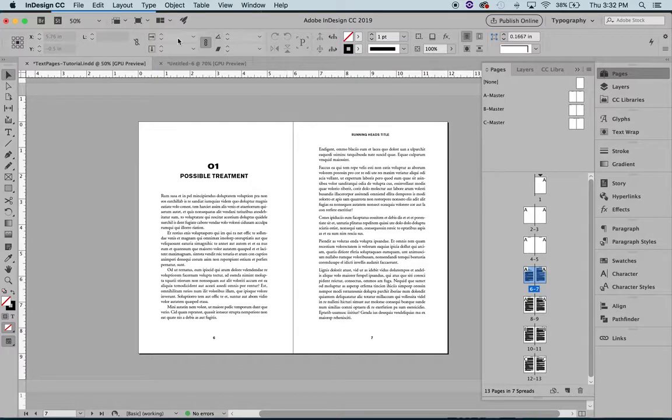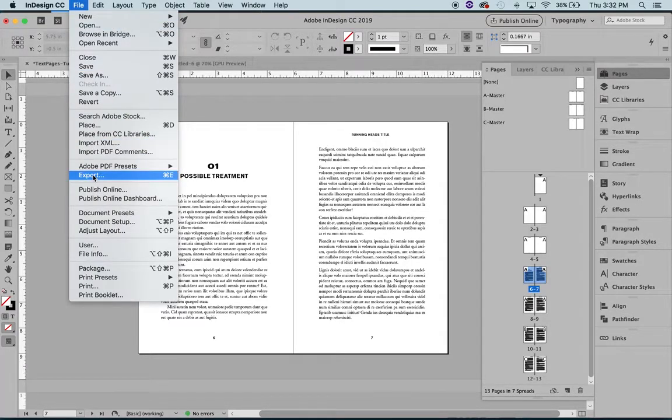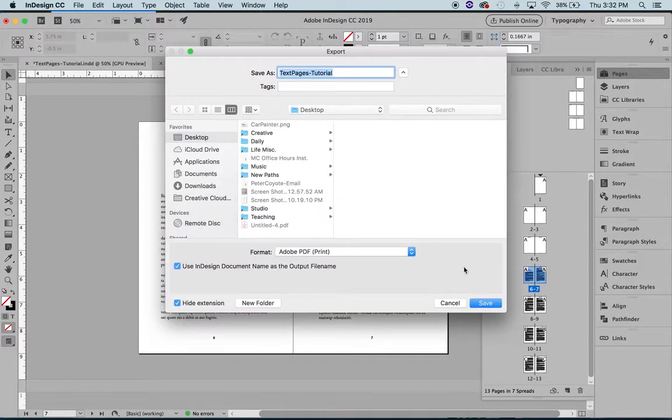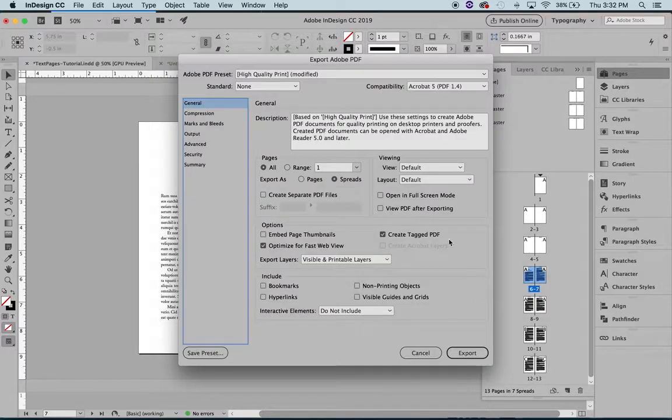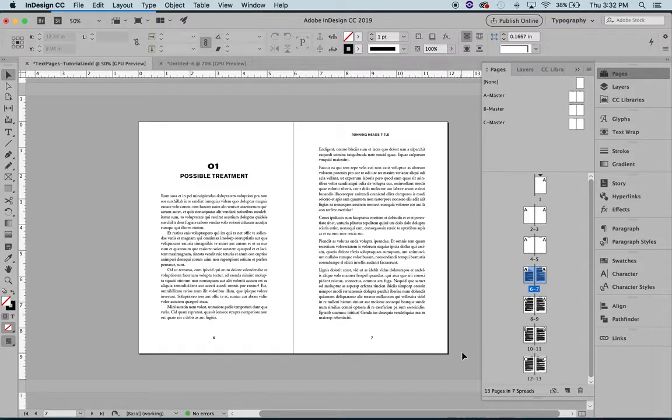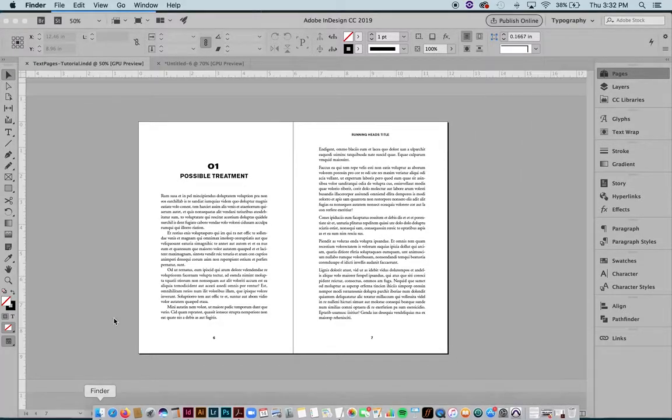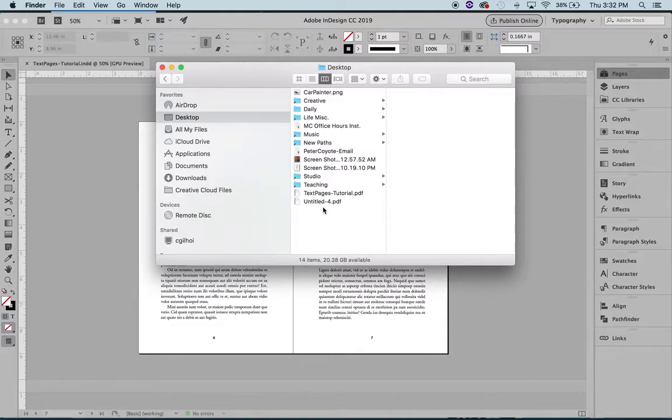And I'm going to go ahead and export this as a PDF. Okay. I'm just going to save it to desktop real quick. I'm going to go to all. Okay, so export. Now when I go to my desktop and I open my PDF,